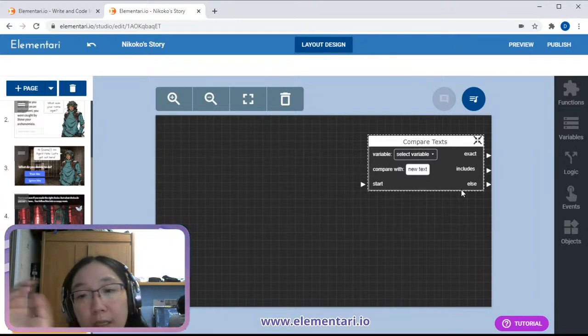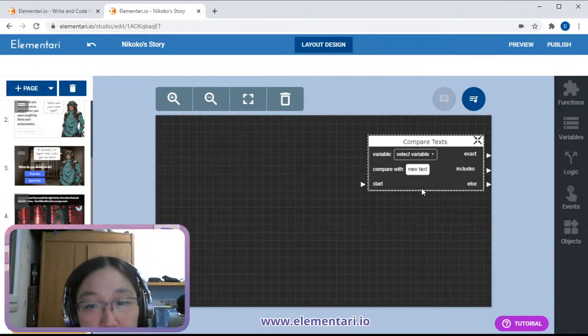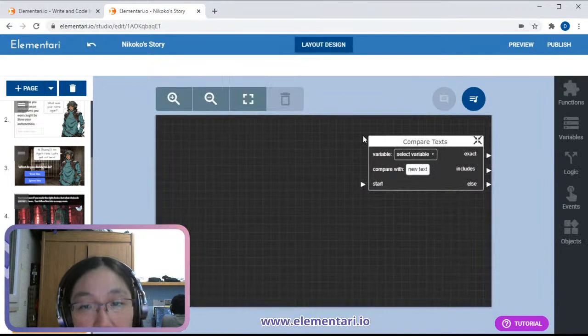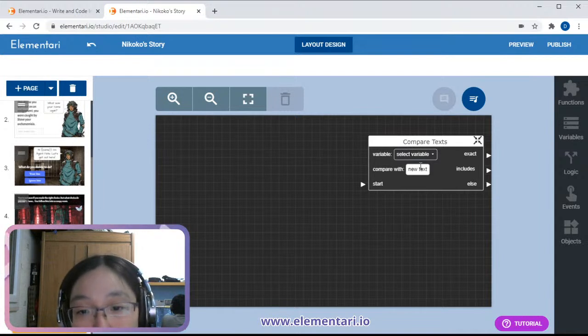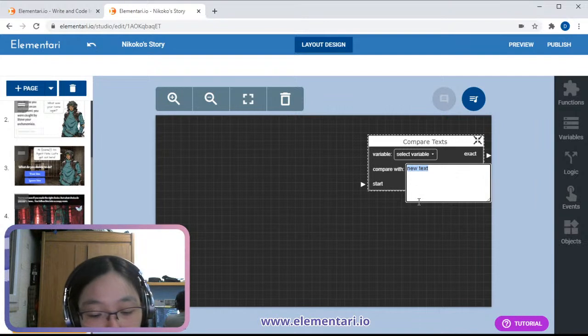Our logic is we're going to create a variable called player answer. Player answer will contain the value of whatever was typed inside this input field. Now, player answer is a variable, and we want to compare it to the actual answer. The actual answer is this thing here, and it's, what was it? Newspaper? Newspaper.